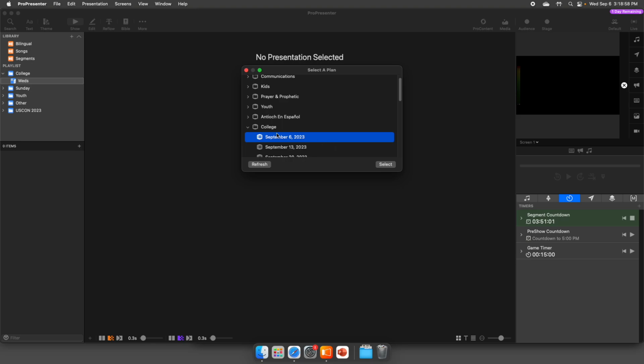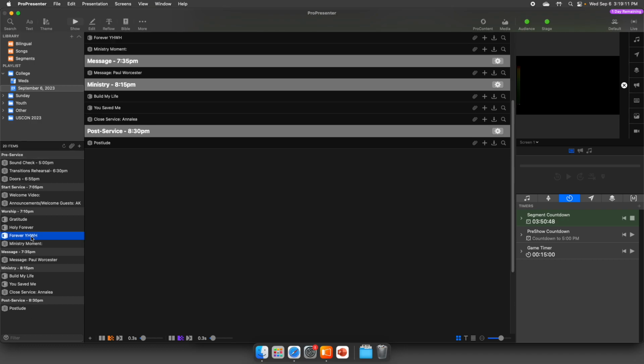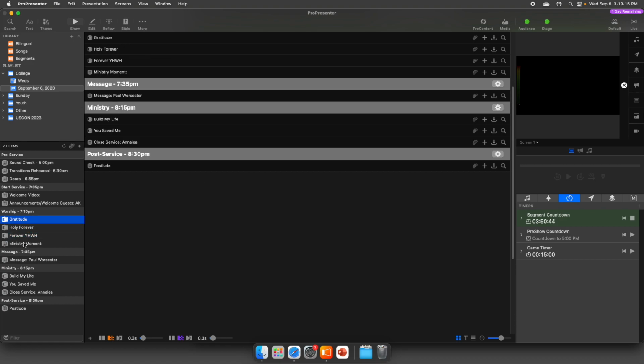I don't have the service. The downside of pulling in Planning Center is you can't look at past services. But this would be one way to do it also. If I hit select, notice how I've got all these in here. And it's pretty straightforward. It shows me, but I don't have these all linked and it doesn't